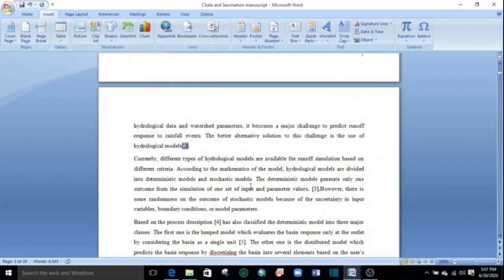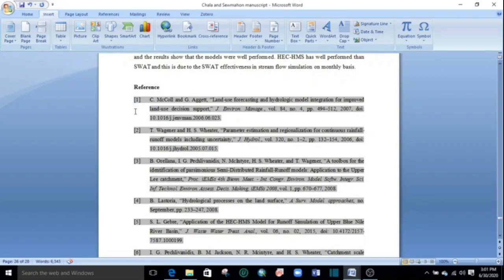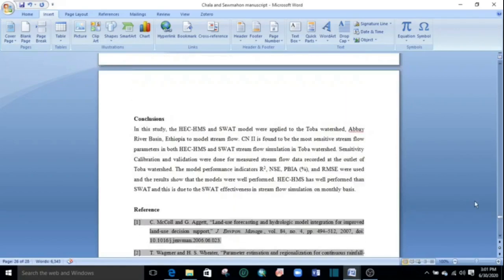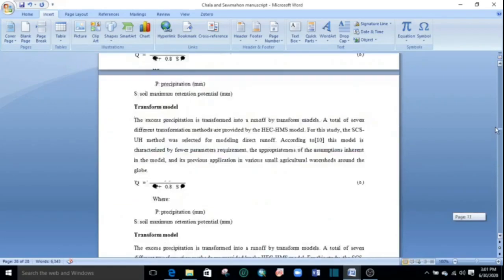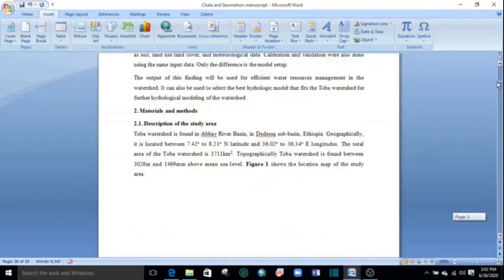Okay, so if you put the cursor on the number and press the control key and click on it, you will go directly to the reference type, which is represented by number 1. So similarly for number 2, if you click on number 2,